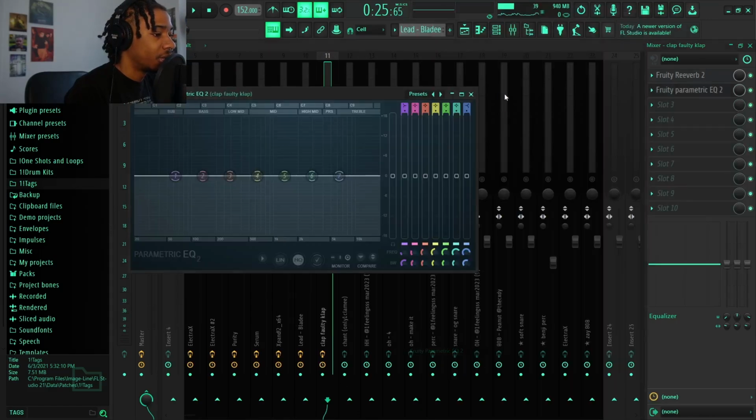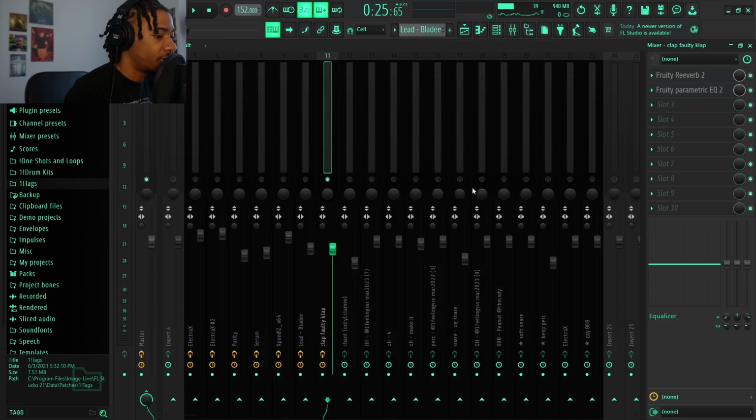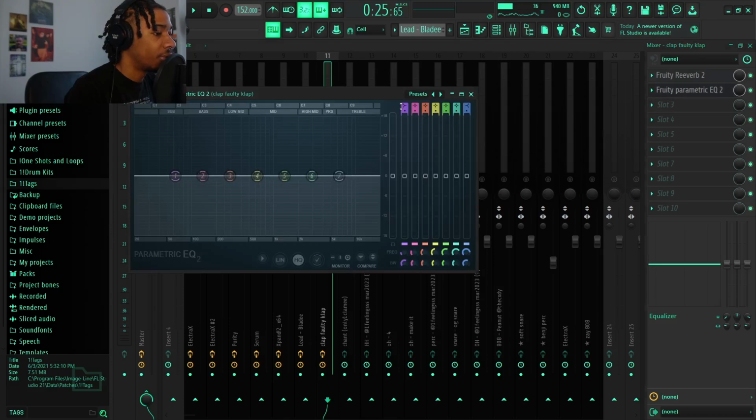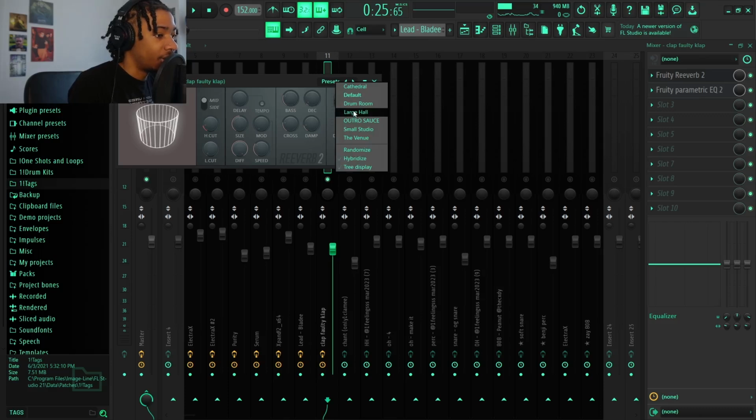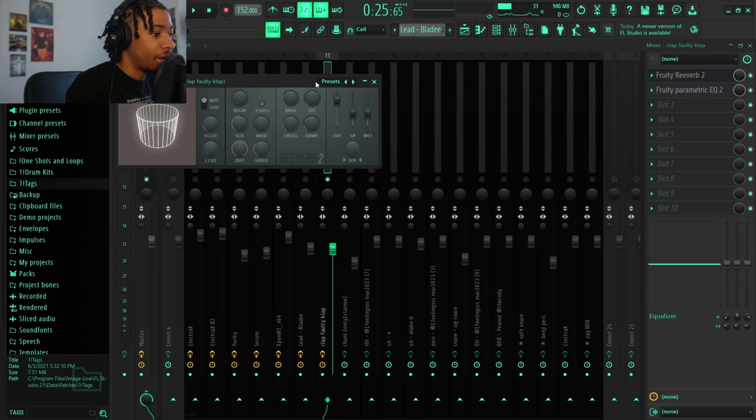So especially if you have 808s and loud basses and a lot of everything just playing at once, you really want to make sure that you're EQing a reverb and that you're using the right amount of reverb. So I use free reverb too, every day, all day. I'm not really sure why I would get a different plugin, but when I do